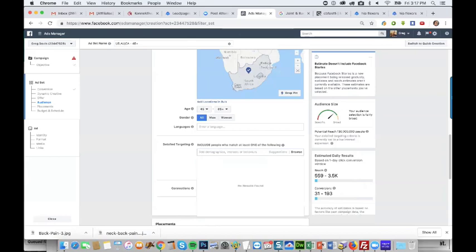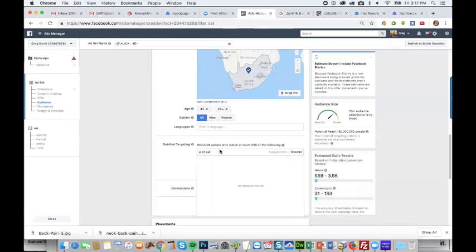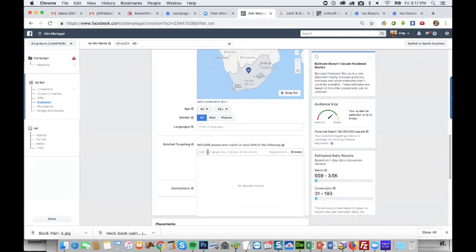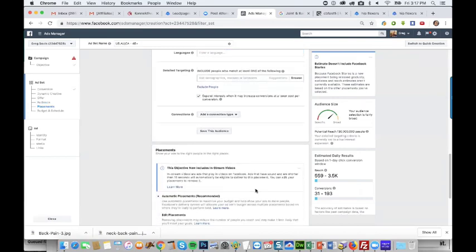How about joint pain? All right. Oh, I can't. It's not even a good interest anyway. What's in the pain? Oh well, forget it. We don't want interest anyway. I mean, there's some interest you could drill down and get to, but we're gonna keep it broad and see what we get. Let the Facebook pixel do its work.